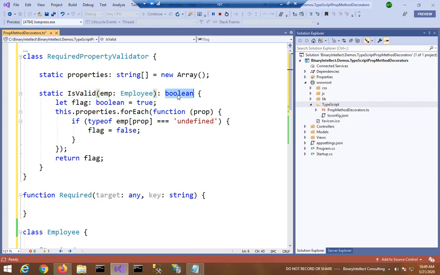It returns a boolean value, true or false, indicating whether all the properties marked for required field validation hold a value or not.